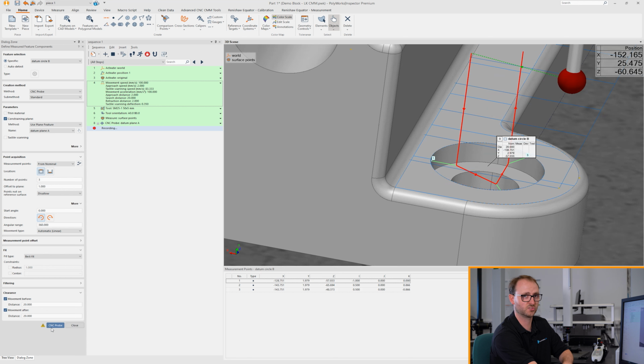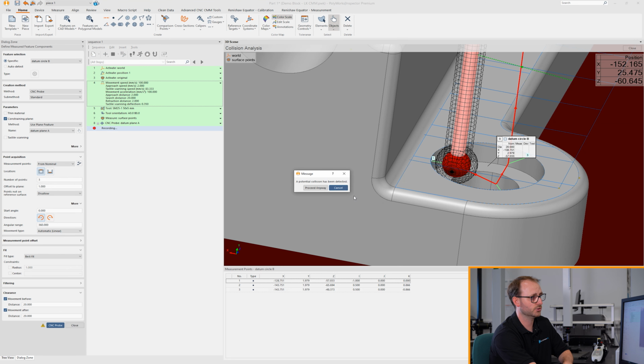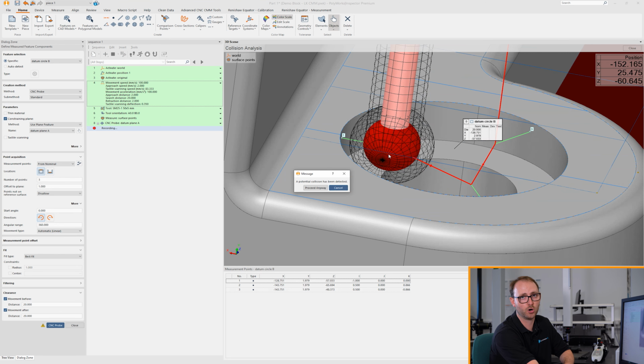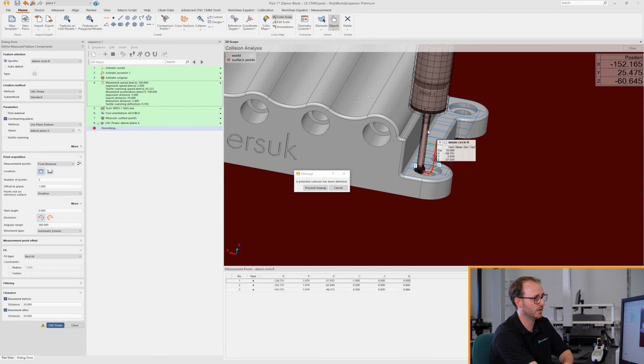you can see we've got CNC probe. Currently, it's telling us that a potential collision has been detected. So just to prove that the software does have the collision detection available to you, if I then hit CNC probe, you get the message to say that the machine is about to move. However, I can assure you that it won't move just yet. Due to the collision detection, you can see here on the screen that you get a bounding box around the probe, the tool, and the quill itself. So if I zoom out to show you,